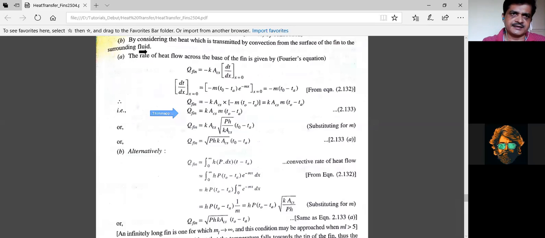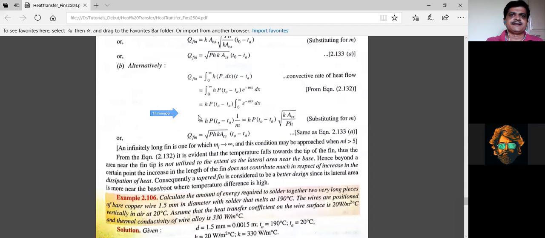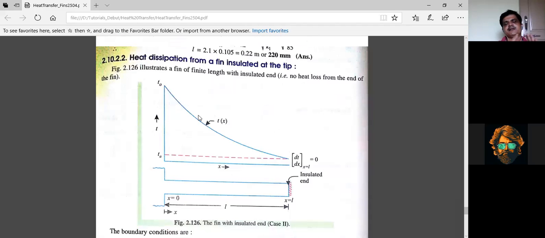ಅದೇ ತರ ಇನ್ನೊಂದು equation ಇದೆ, ಅದು heat dissipation from a fin insulated at the tip. ಇಲ್ಲಿ the only thing the difference is, in earlier we have considered infinite length of the fin. So at the tip we consider that fin temperature is equal to atmospheric temperature. Boundary condition change ಆಗಿದೆ. ಇಲ್ಲಿ second one ನಲ್ಲಿ heat dissipation from a fin insulated at the tip ಅಂತ ಹೇಳಿದ್ರೆ that